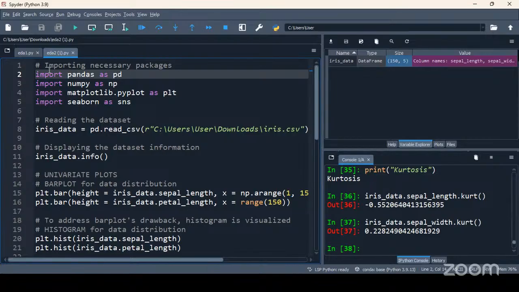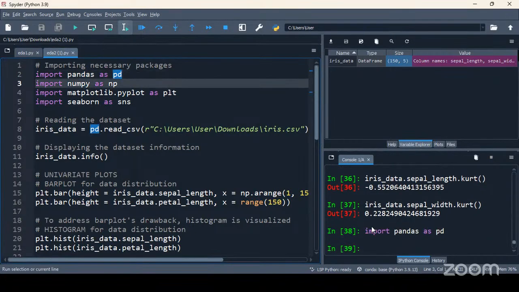So I'm importing pandas for manipulating the data, and I'm giving an alias name, PD. Done. So pandas got imported. Then next to pandas, I am importing NumPy.